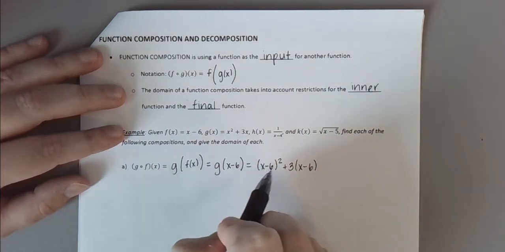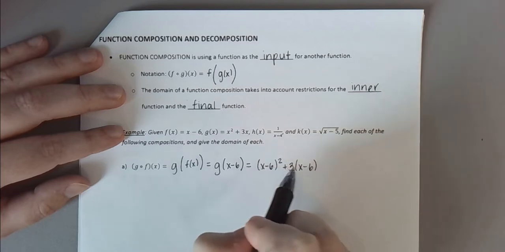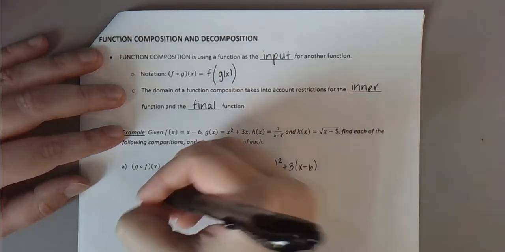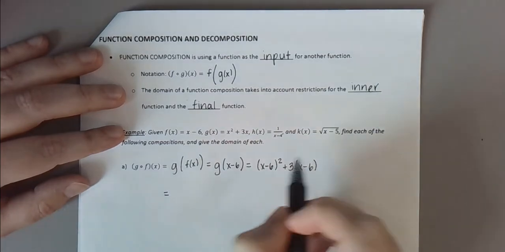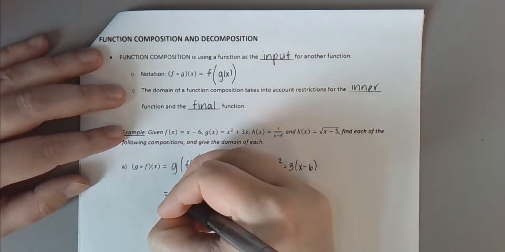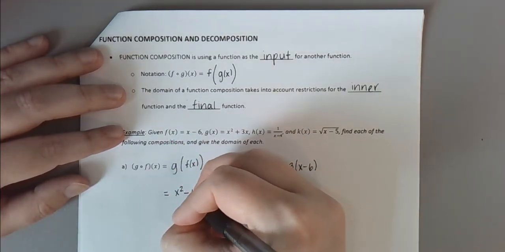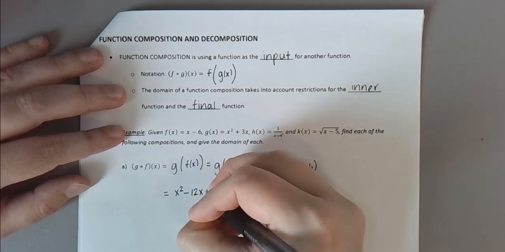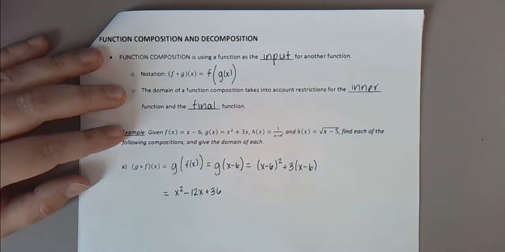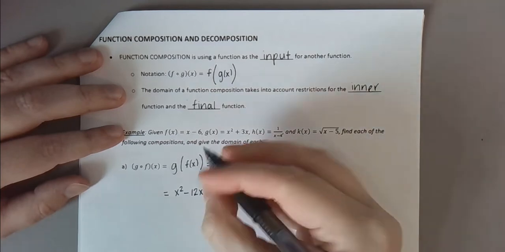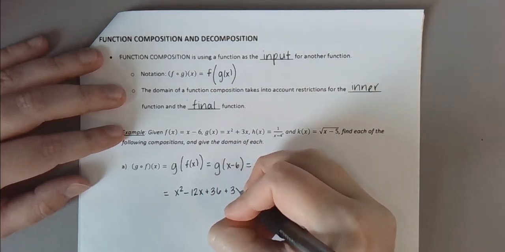So our first binomial needs to be FOILed, and then we need to distribute our 3. Let me come down here. So we FOIL this out. This is going to be x squared minus 12x plus 36. Distribute our 3. So plus 3x